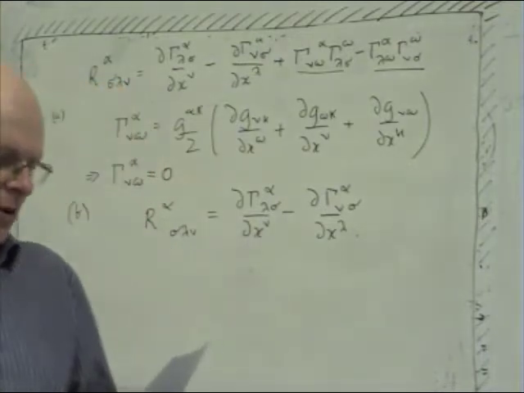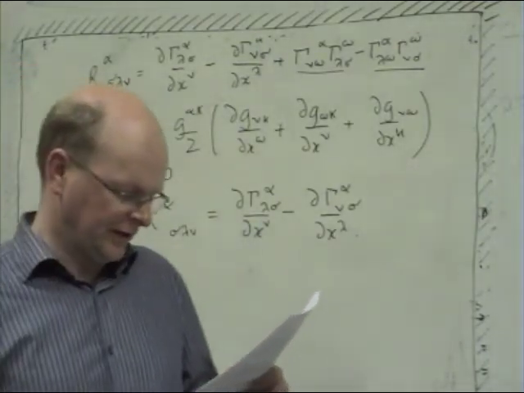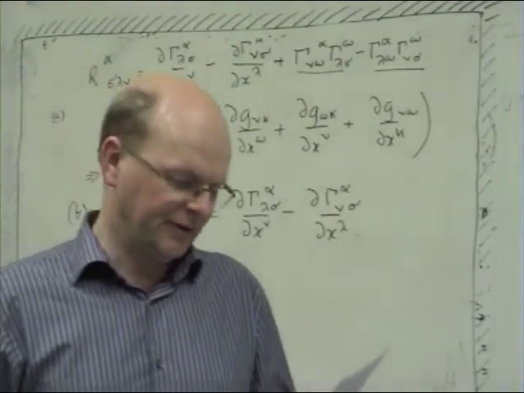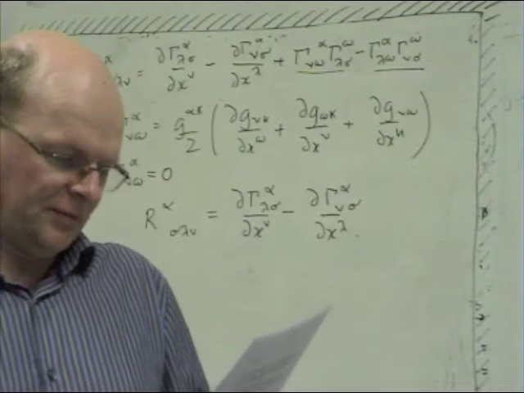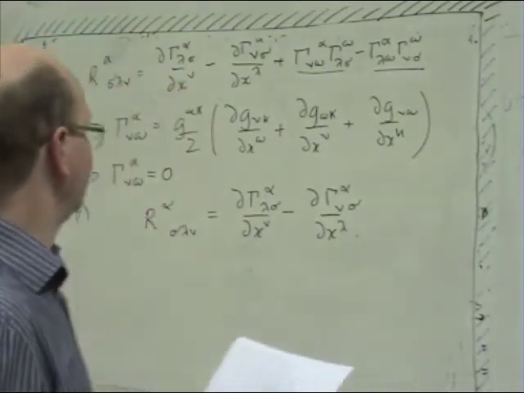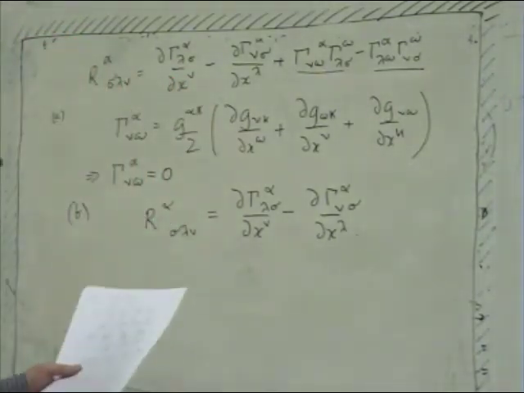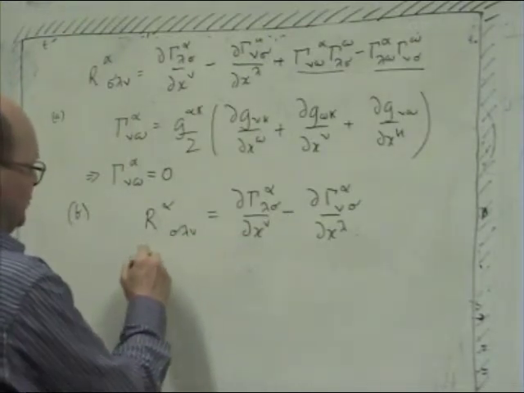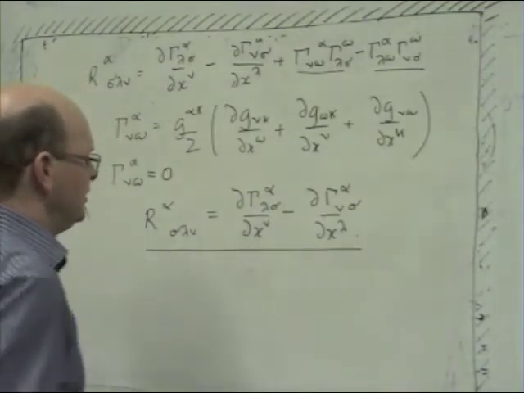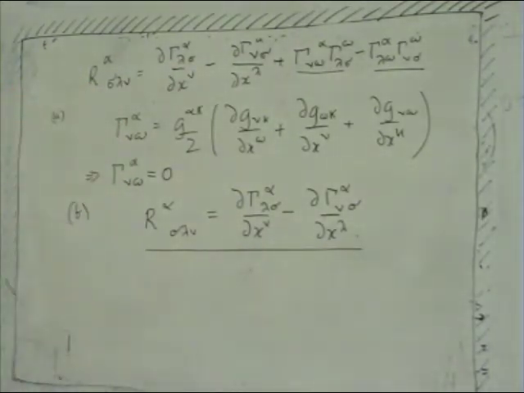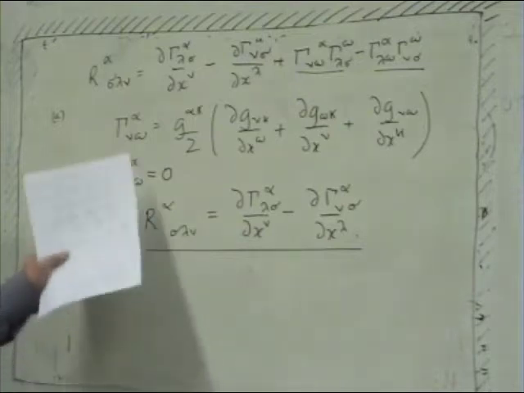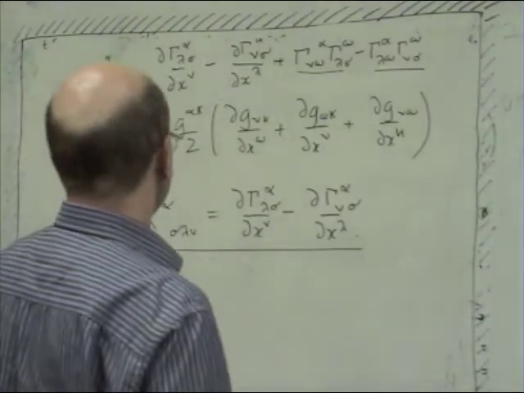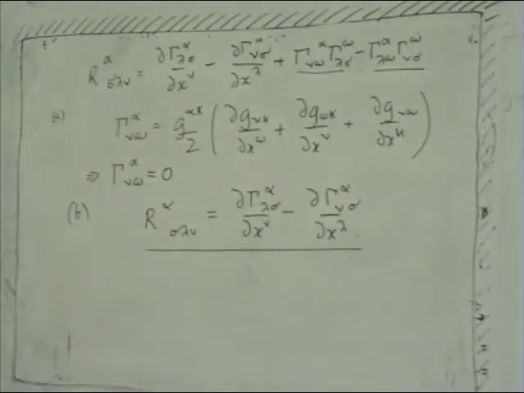You're told to show that a combination of 4 terms, all of which have second derivatives of metric coefficients in them, is an expression for the curvature tensor. So what you have to do here, and this is again true carrying on in the inertial space, is start with this expression for the curvature tensor, put in the expression for the Christoffel symbol and actually do the derivative. Now this sounds like a pain, and it actually is a little bit of a pain, but if you keep calm,